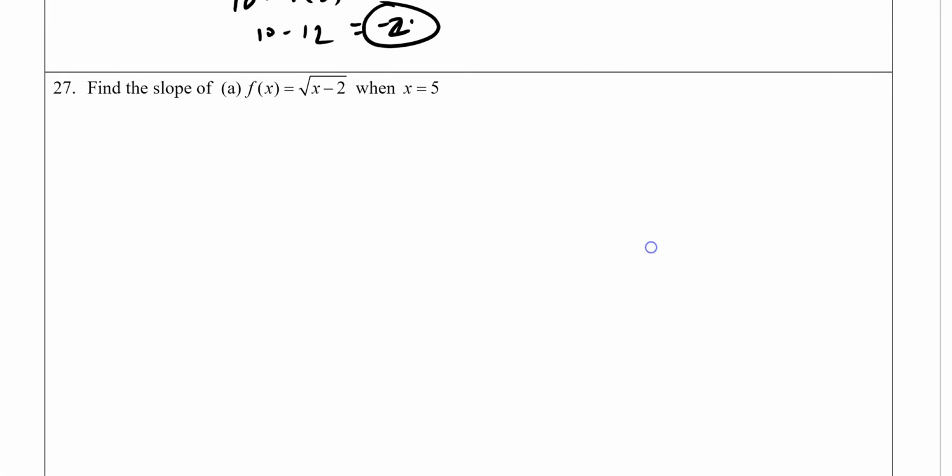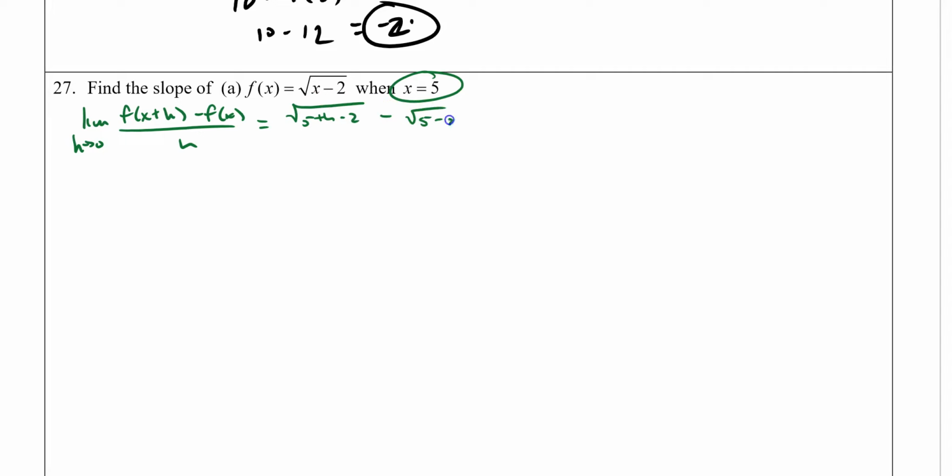Once again, find the slope of that function when x is equal to 5. This one, because it was a radical, we didn't have a shortcut for that, at least not one that we have learned yet in this class. So we need to find the slope of that. So we're going to use our limit definition. The limit as h goes to 0 of f of x plus h minus f of x all over h. We know that x is 5. So if we start plugging stuff in, I have radical 5 plus h minus 2 minus radical 5 minus 2